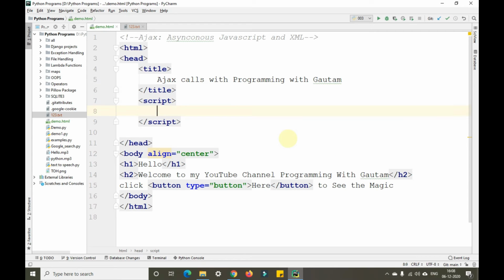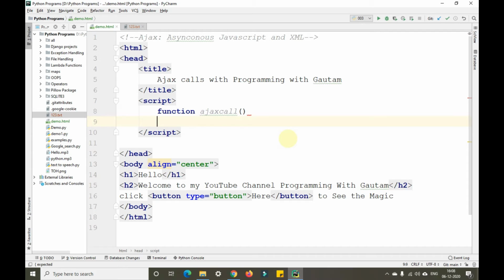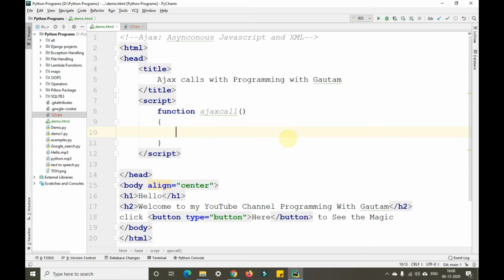In this script tag, I'll give a function called Ajax call. Now we'll write the code for this Ajax call.